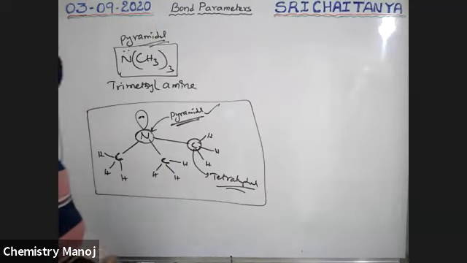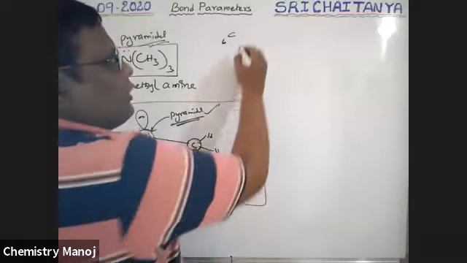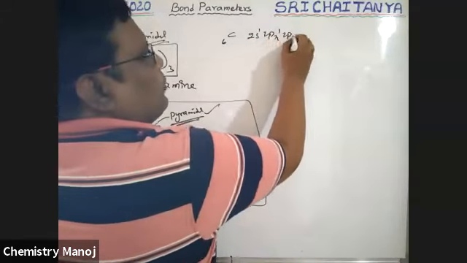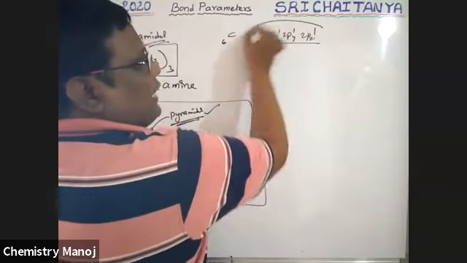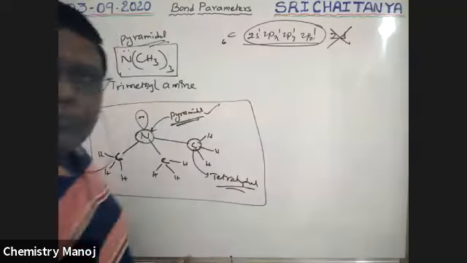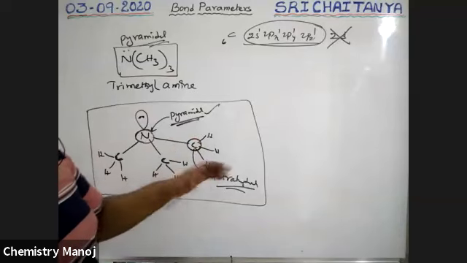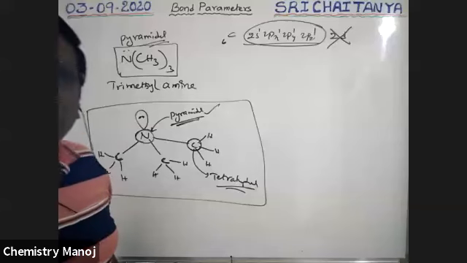Now the attached atoms are carbons. Does each carbon have an empty orbital? See here, carbon atomic number 6. Electronic configuration in the excited state, outermost: 2s1, 2px1, 2py1, 2pz1. The 2d orbitals do not exist. So these are involved in sp3 hybridization and 4 bonds are formed. That means the carbon has no empty orbital.